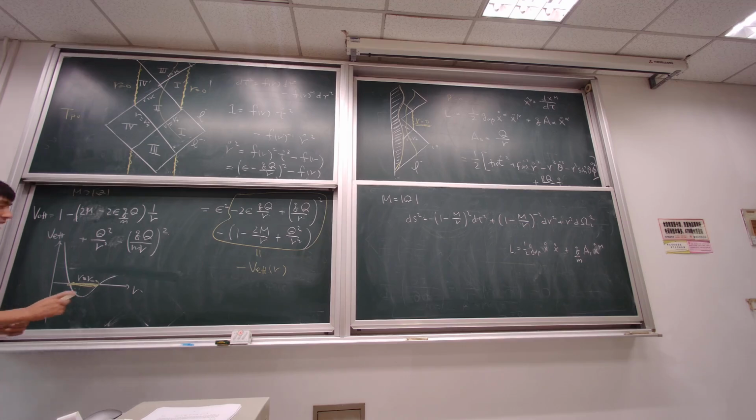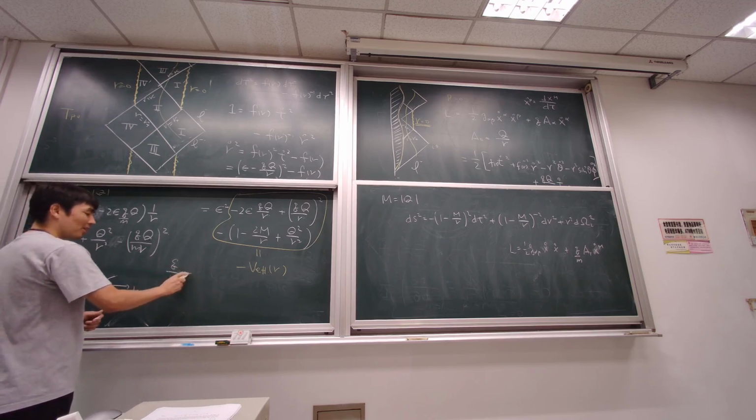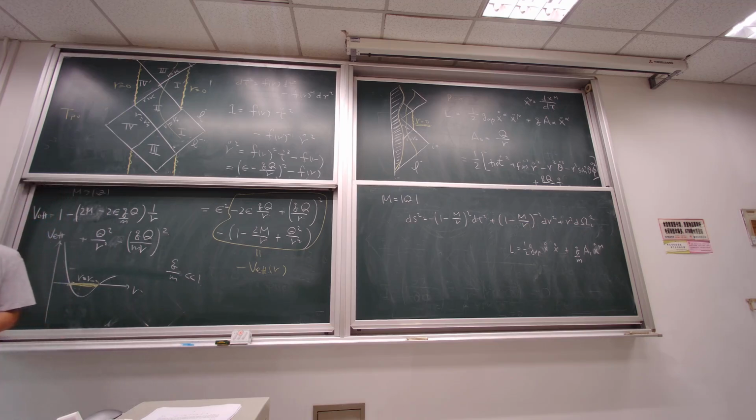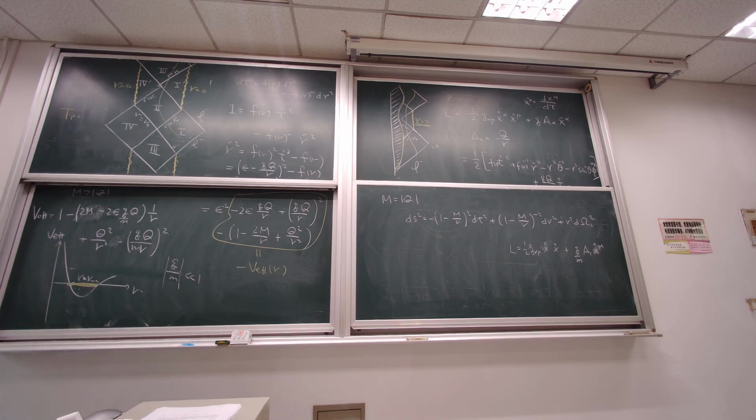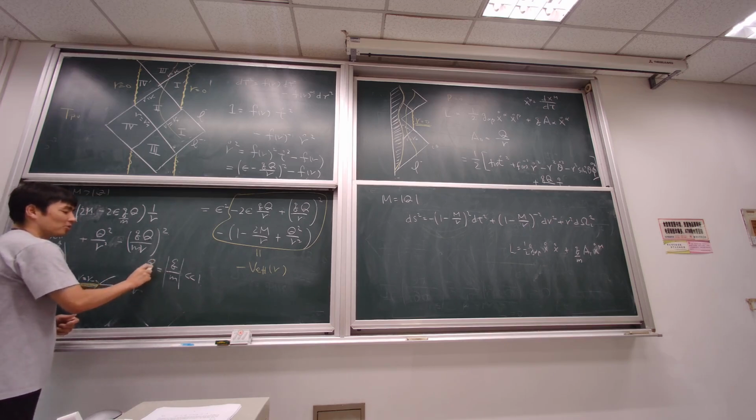So in the Townsend paper, Q over M is less than 1. I don't know why. If you assume this, it's okay. Maybe because we're not considering a separate particle, but a small piece of dust from this ball of dust. Then small q over small m should be the same as big Q over big M, because it's the same matter.